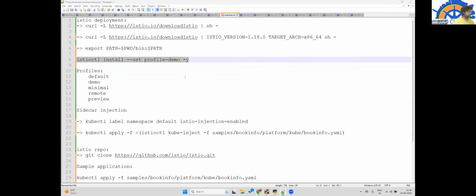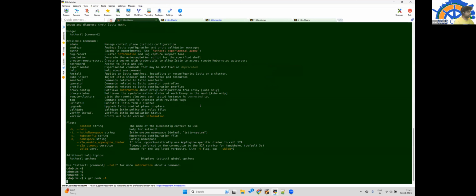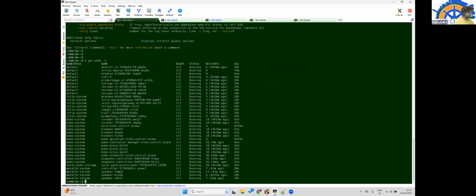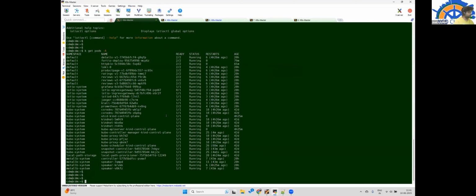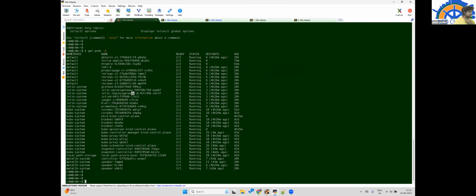After running this command, it takes some time, but what you will get is some CRDs installed, along with this set of processes. You can see you would have Istiod installed, and that is all it is going to be. The ingress and egress part we are going to cover later on.